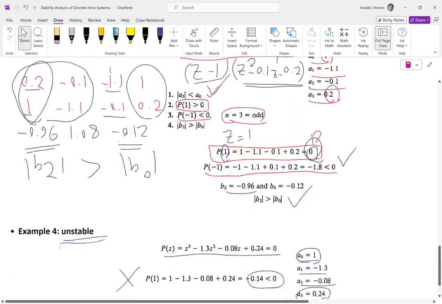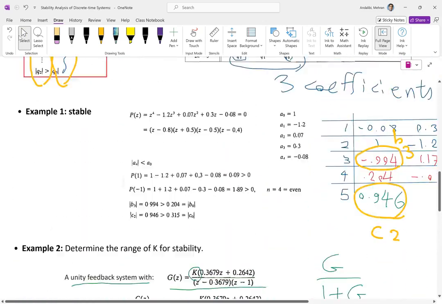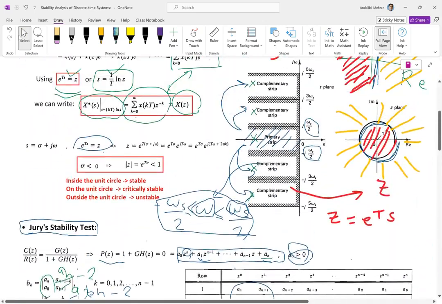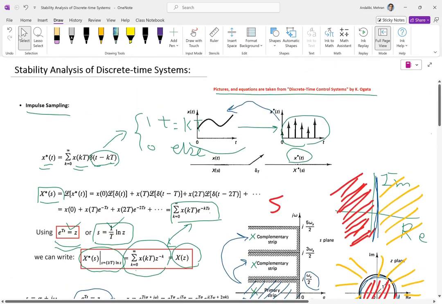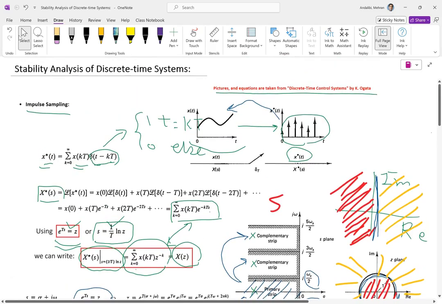Okay, so this is the Jury stability method and the overall analysis for stability for the transfer function of a digital system or discrete time